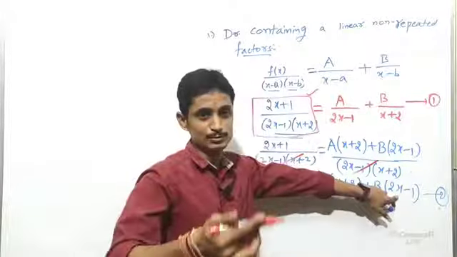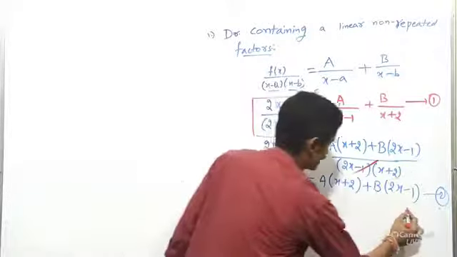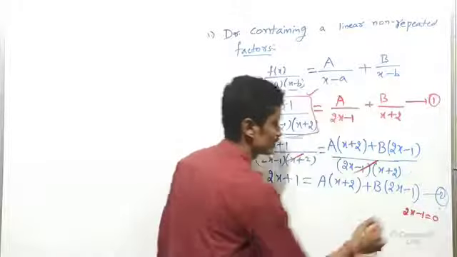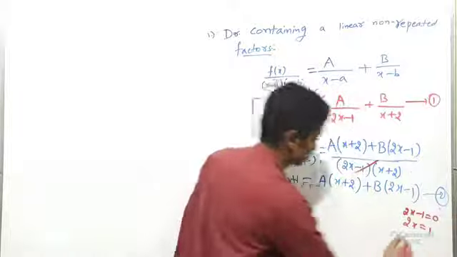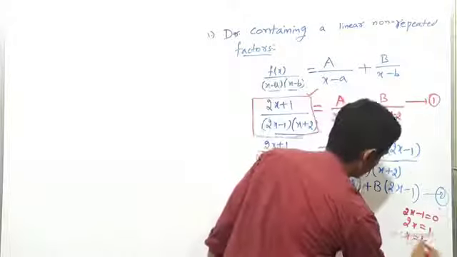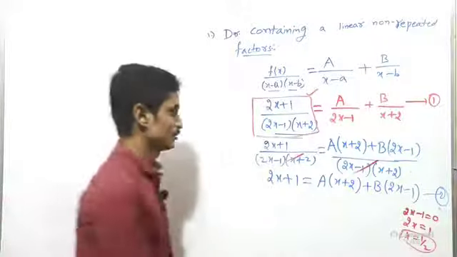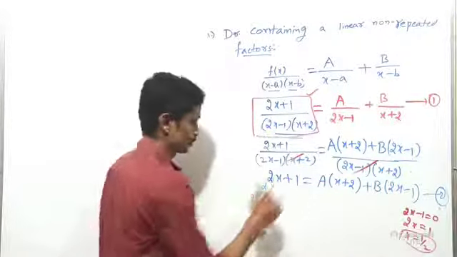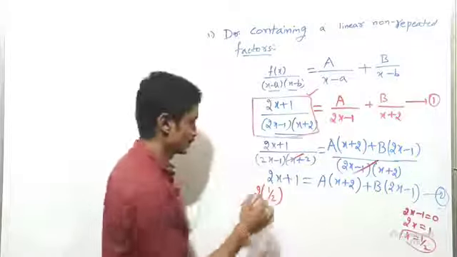For what replacement of x will b become 0? That's why, rough calculation, the b coefficient 2x − 1 = 0, so 2x = 1, shifting 1 to that side, then x is equal to how much? That is 1 upon 2. Got it? Now replacing in equation 2, this is 2 times, what is my x value? That is 1 divided by 2.